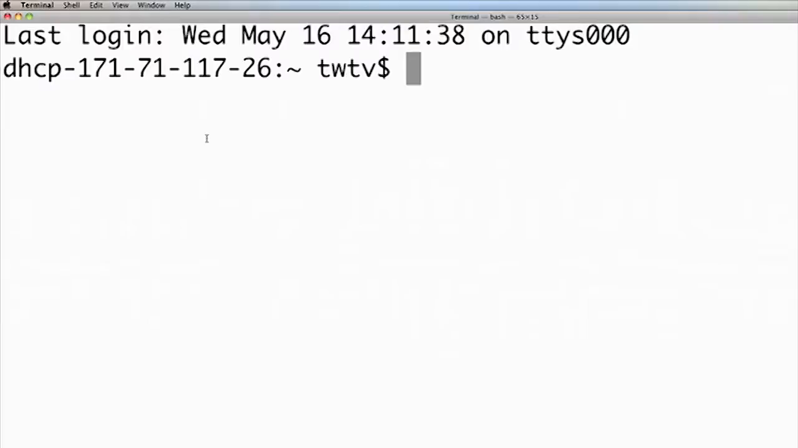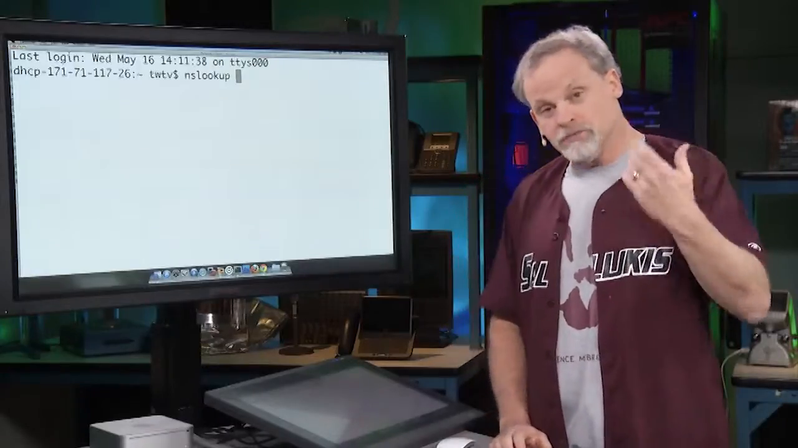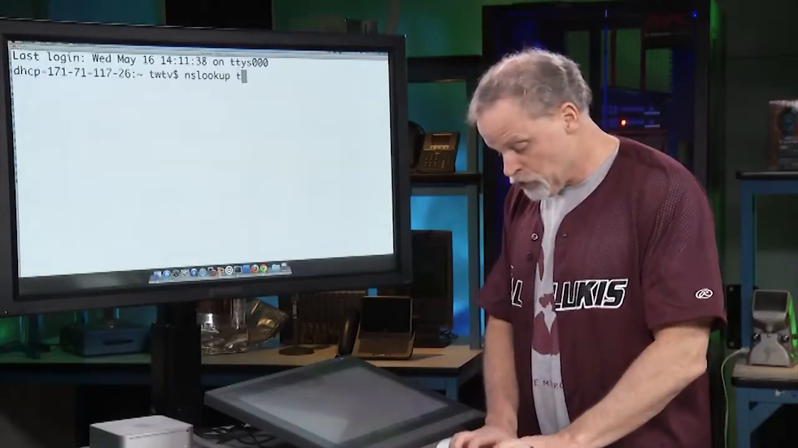Now I'm on a Mac right here, and I'm going to bring up my terminal command, and I'm going to use an old Unix favorite called NSLookup. That's actually what the tool is called. NSLookup stands for Name Server Lookup. So let's do